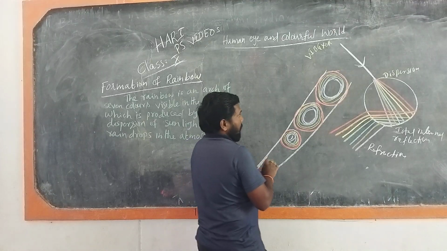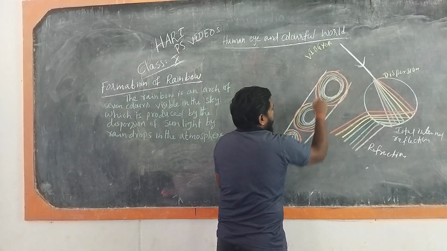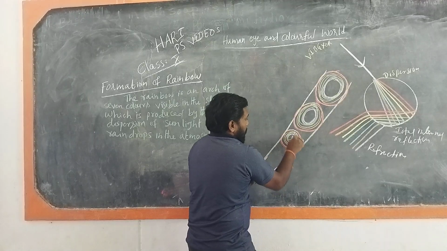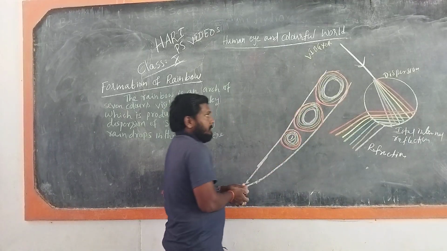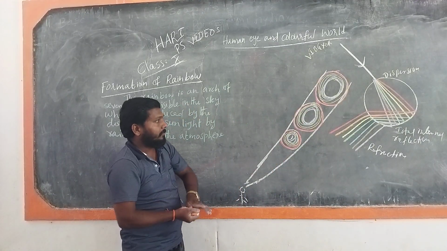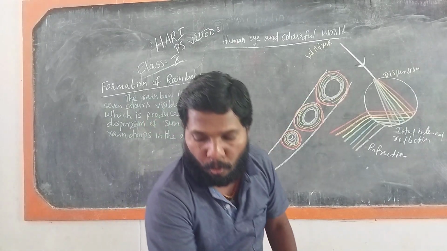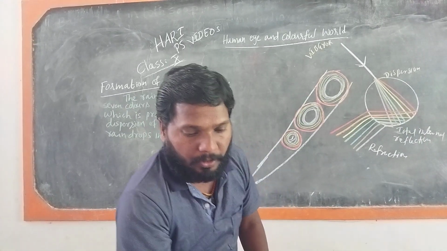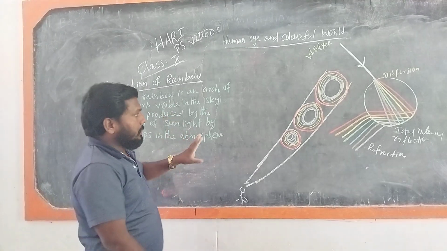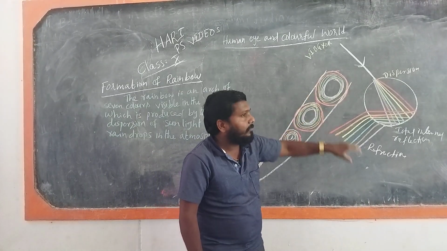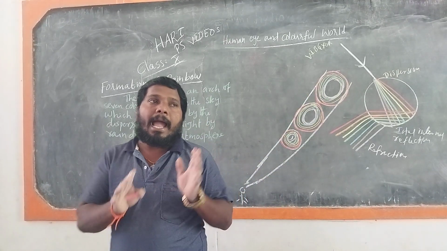Then indigo, some other color we are taking. So finally this is the actual shape of this three-dimensional cone. If we are able to see the complete picture of rainbow, this depends on the angle between